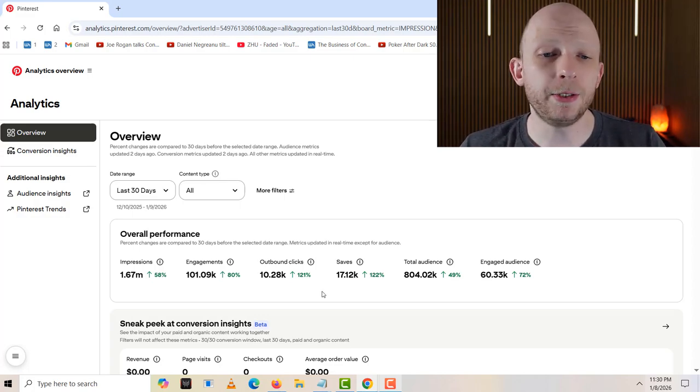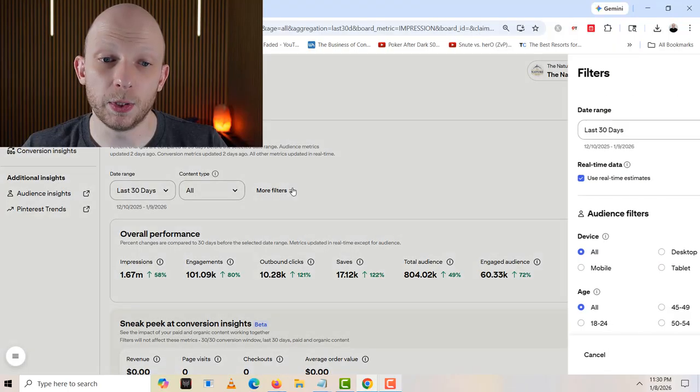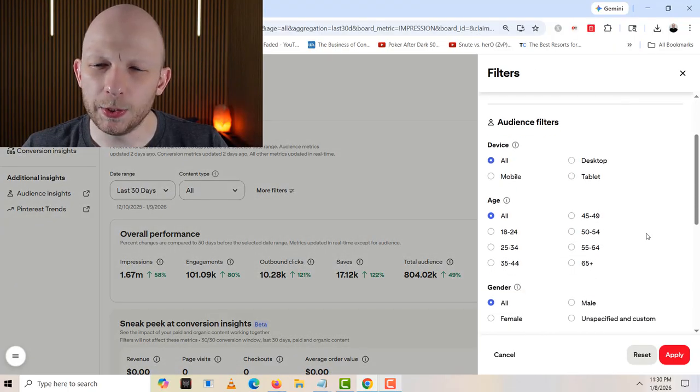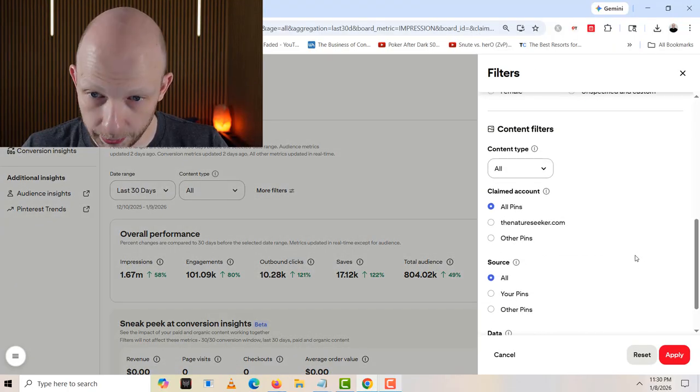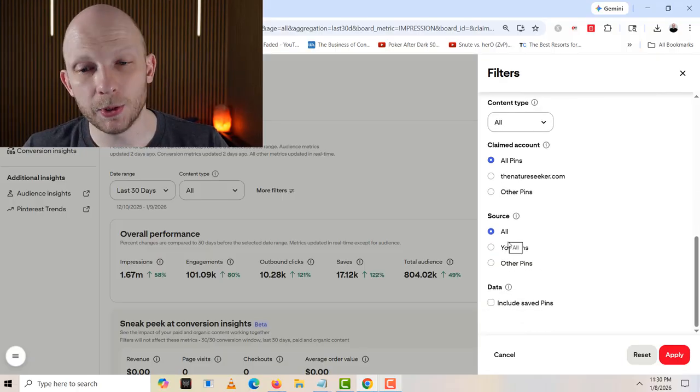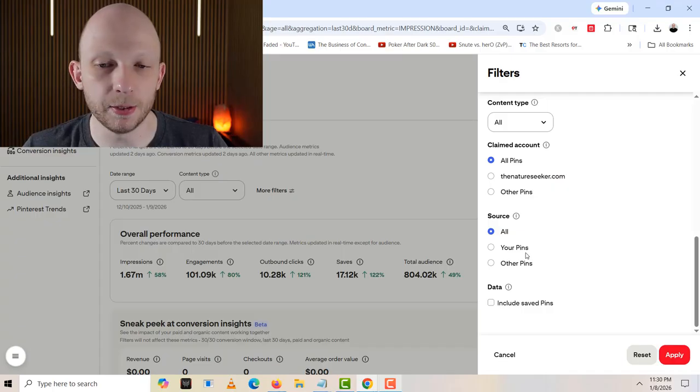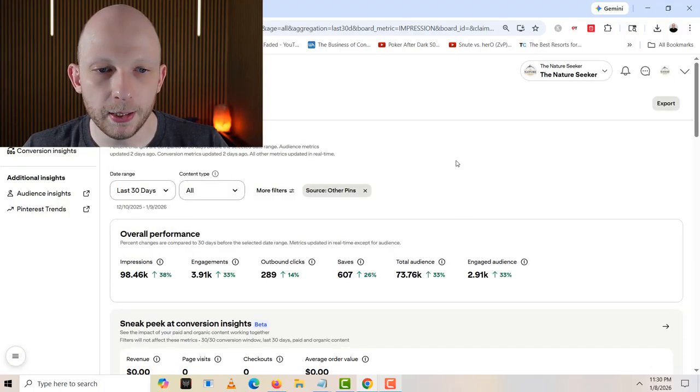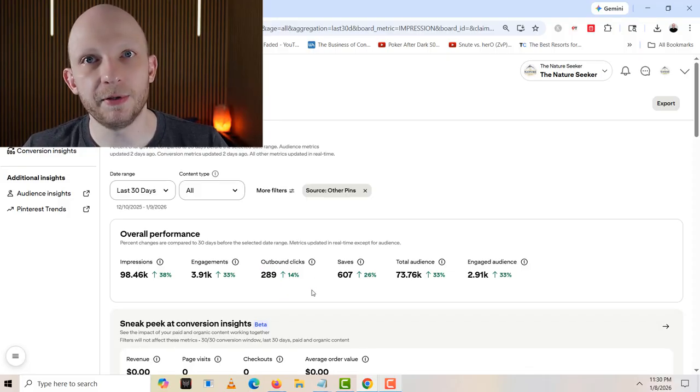Well, all you really need to do is where it says more filters, you're going to want to click on that. And what you're going to want to do is go down over here where it says source and see how it says all. That's the sum total of both my pins, your pins in this case, and other pins. What you're going to want to do is just select this to other pins, click on apply, and now we'll see that in the last 30 days I've received specifically 289 visits to my website from Pinterest from people that